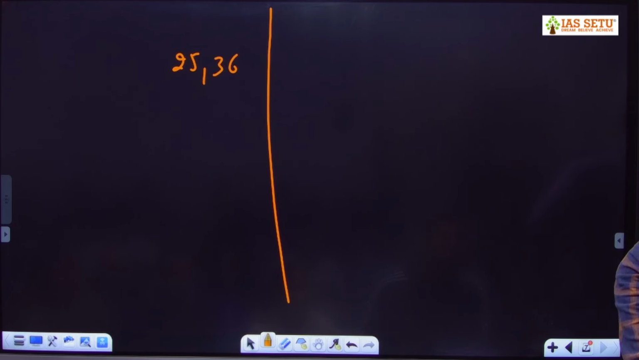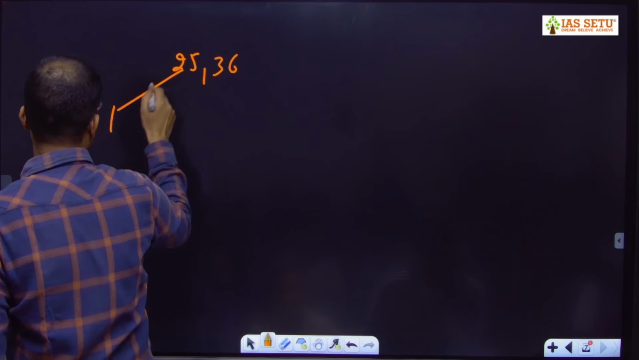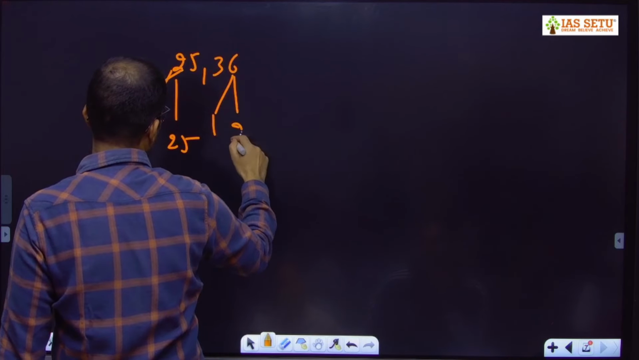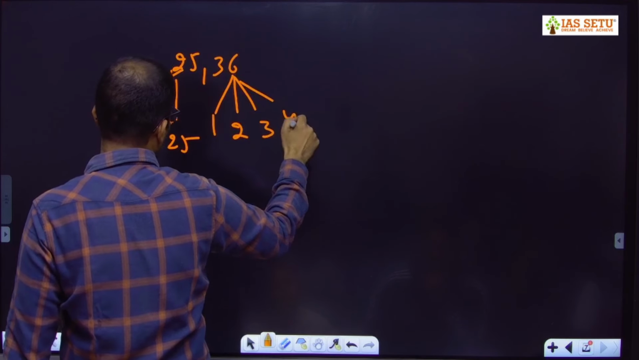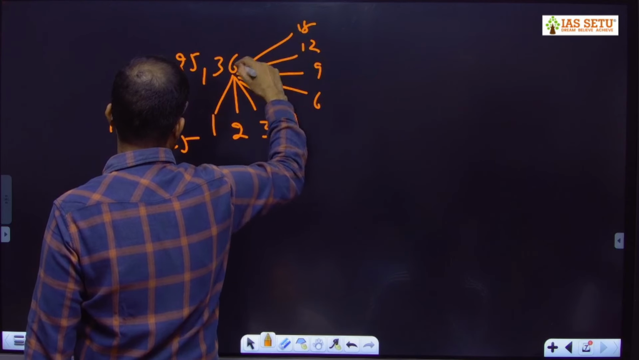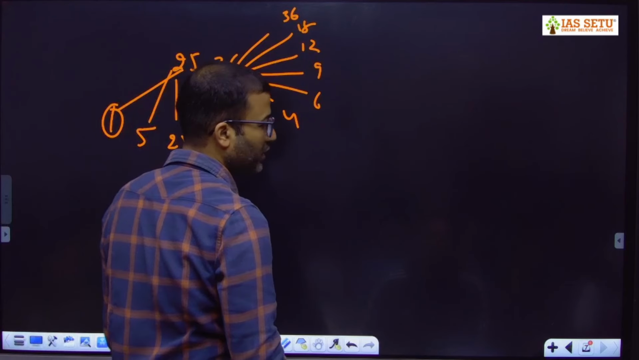ओनली वन बोला है सर मैंने, वन तो सब में कॉमन होएगा, स्ट्रेस मैंने डाला ओनली वन। अभी मैं आपके क्वेश्चन का आंसर करूंगा 25 एंड 36। व्हाट आर द फैक्टर ऑफ 25? 1 5 25। व्हाट आर द फैक्टर ऑफ 36? 1 2 3 4 6 9 12 18 36। कॉमन फैक्टर ओनली वन, ओनली वन।